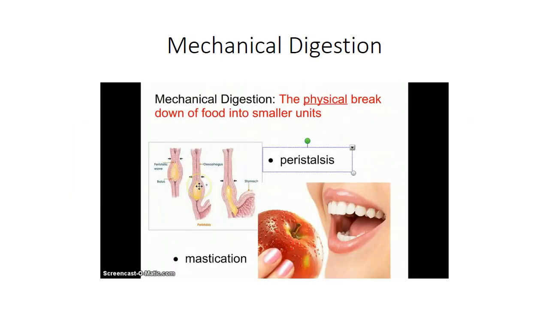Now we separate mechanical digestion from chemical digestion. Digestion begins in the mouth, and in the mouth it's mostly mechanical. You bite a piece of food, then you begin to chew it, right? Chew on it, so you mechanically break it down into smaller parts. Then when you swallow this partially digested piece of food, it goes into the esophagus and into the stomach and into the small intestine, and there is peristalsis. Peristalsis is the movement of